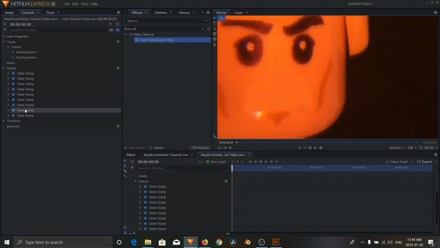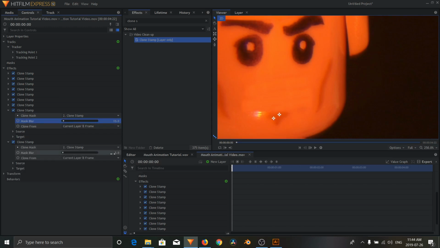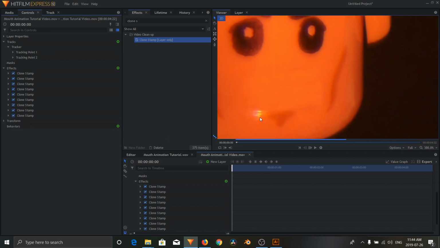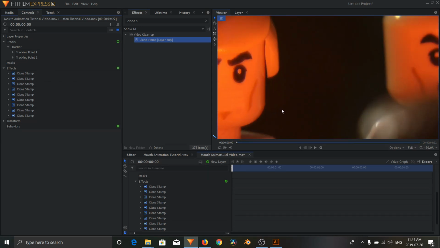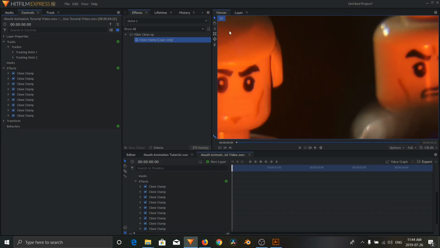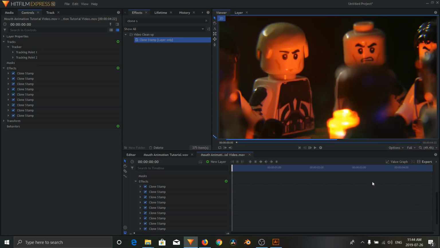What I can do to make it a bit better is I can go underneath the ones on the sides and I can maybe increase the blur to about maybe 15, just so it smooths it out a bit more, so it's not so sharp on the edges. Now it blends in a bit more, and there our mouth is completely gone now, and from a distance you can barely notice it. So now if we go back and we're going to scale to fit and we play this,